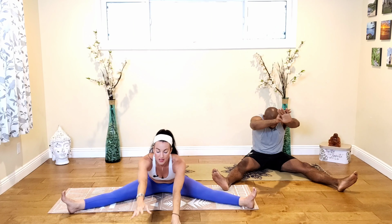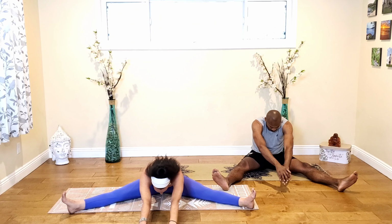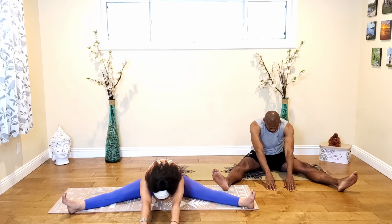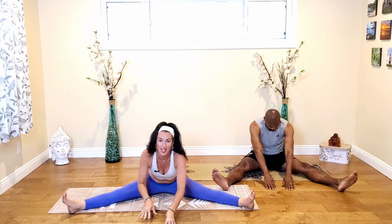Exhale, hinge and fold forward. Bring your hands down to the mat in front of you, maybe crawling them a little further forward, keeping the external rotation of your legs so those knees continue to point up at the ceiling. Keep breathing. Good. Inhale and exhale. On your next inhale, start walking your hands back in towards your midline so you can lift